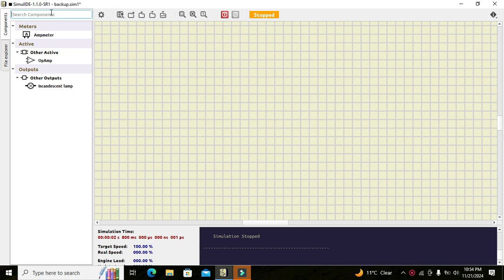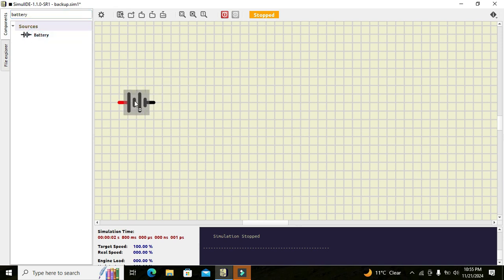So now, in order to make a series circuit, we will take our battery. So this is our battery. Now we need to take three components, like incandescent lamps. So we can take three incandescent lamps like this, and like this. So now